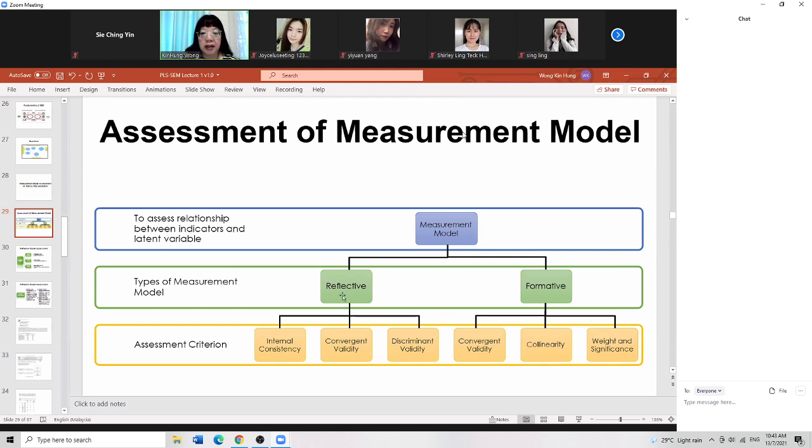So this one is the latent variable. In the measurement model, you want to measure all your items measuring your latent variable. We have two types, either reflective or formative. Like I told you just now, reflective is the arrow pointing out to the indicator. Formative is the arrow pointing into the